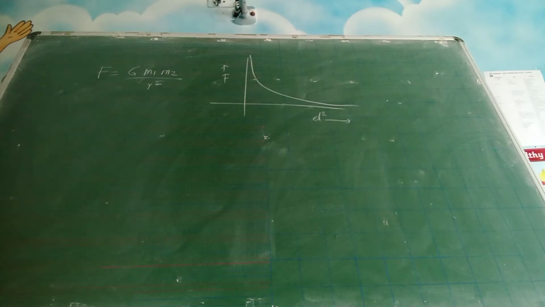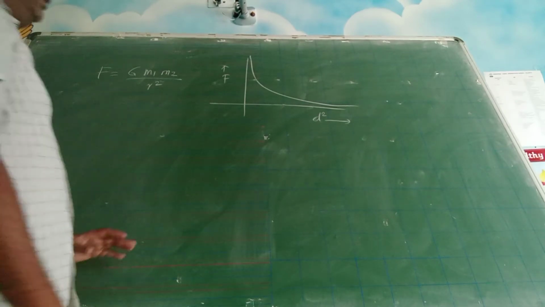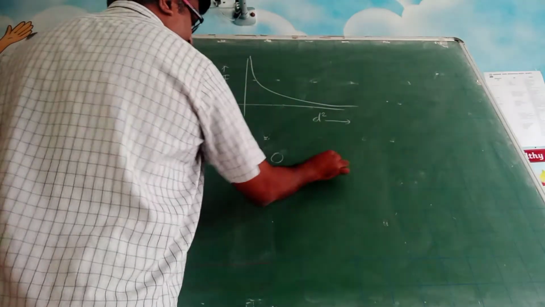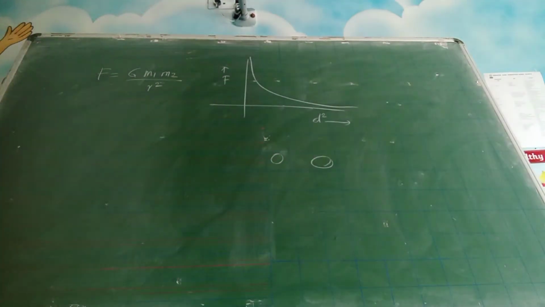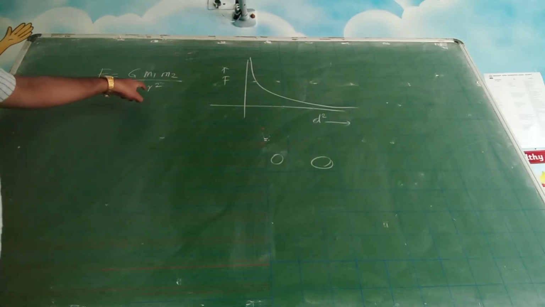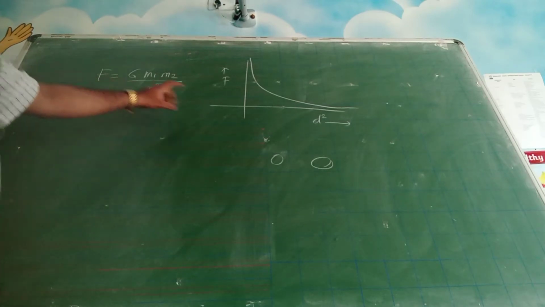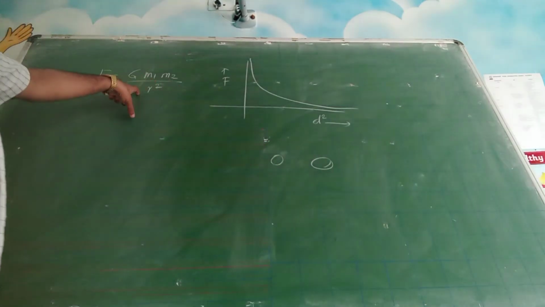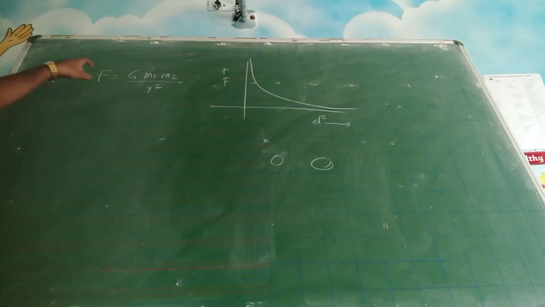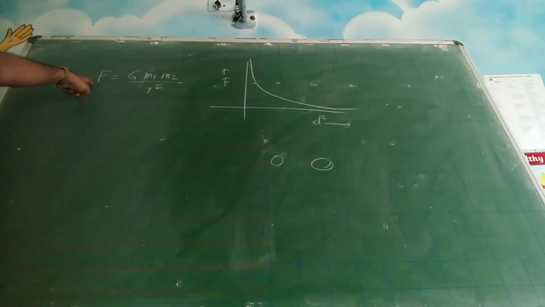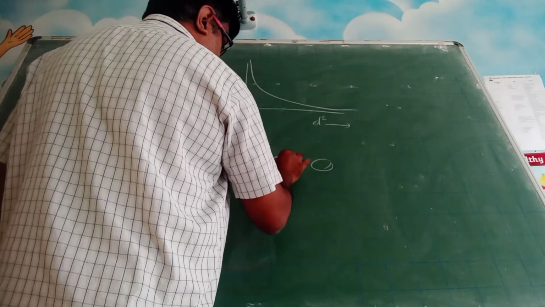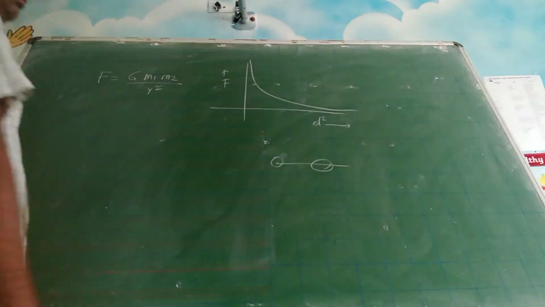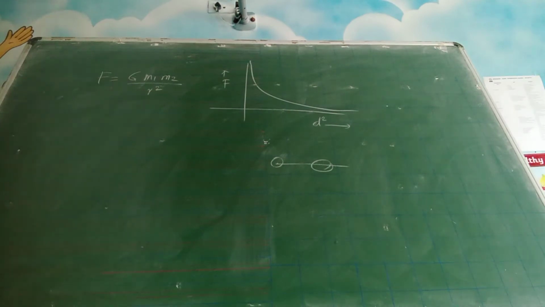If any question comes on these types of graphs, you have to understand that when there are two masses and you are bringing them closer and closer, you are reducing the distance. The distance is in the denominator, and it is squared, so what will happen? It will shoot up the gravitational force between them, and the gravitational force will be acting on the line joining these two masses. These can be point masses.